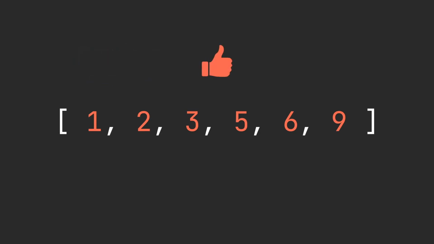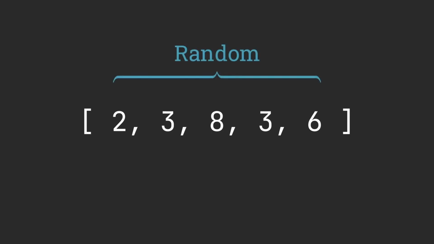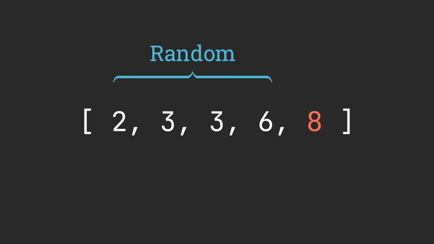But in some cases, we don't need to continue until we get down to just 2 random numbers. Let's look at an example where we can short circuit and finish the process early. As before, we assume the list is random and begin our first iteration of comparing numbers. This time the number 8 is the largest, so it will be moved to the end of the list. Then, once again, we reduce the length of the random section and start again.